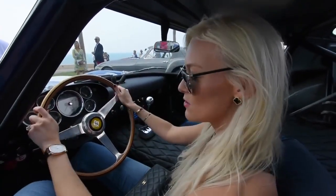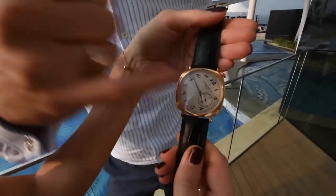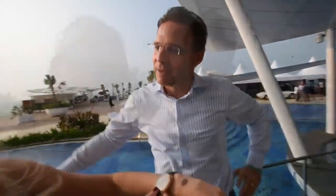So this watch is made for driving. You've got your hands on the wheel, 12 o'clock is dead north. It works. As well, at 1 o'clock, normally the crown you would find at 3 o'clock, to allow people even when they drive to wind the watch without taking the hand off. And this is a